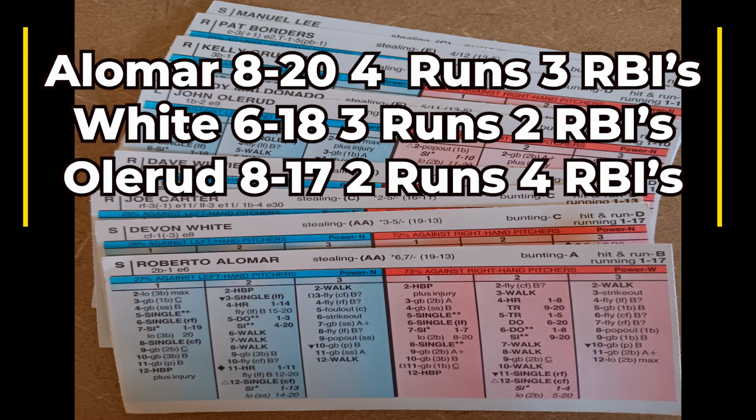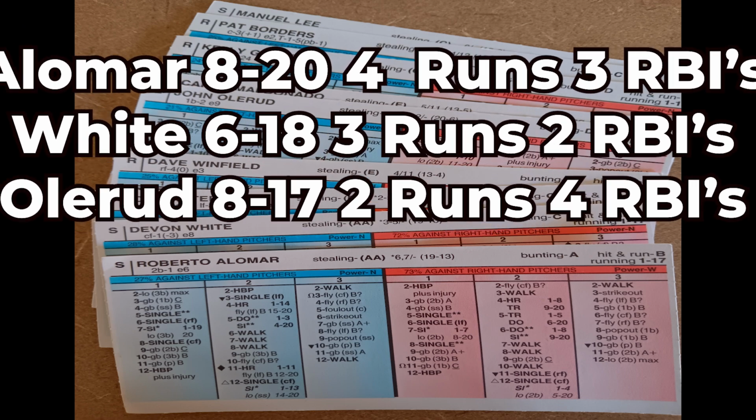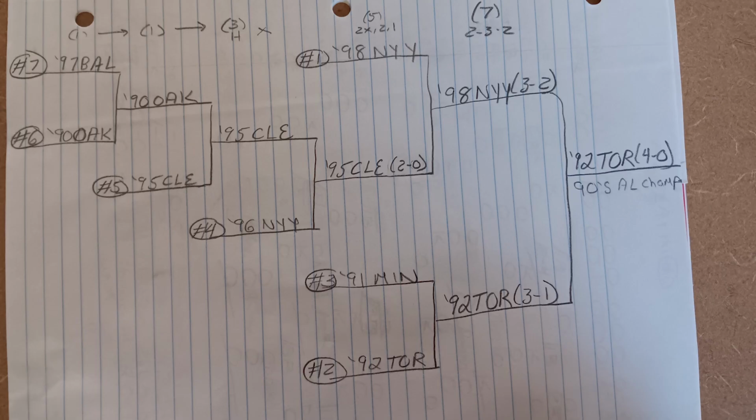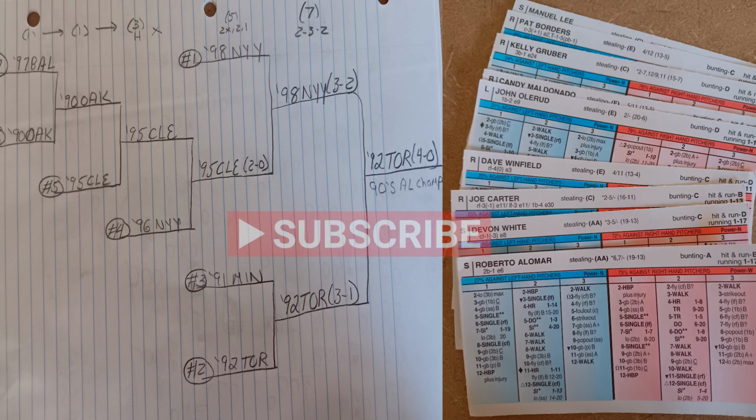So the '92 Blue Jays win my tournament by going 7-1 as they defeat the 1991 world champion Minnesota Twins in a best of 5. And then they sweep the 1998 New York Yankees. So now what happens is the '92 Blue Jays are going to sit around and wait and see who they play as I have to get my 1990s National League tournament started, which I haven't even started formatting yet. But I can tell you right off the bat, one interesting thing is that you're going to have a